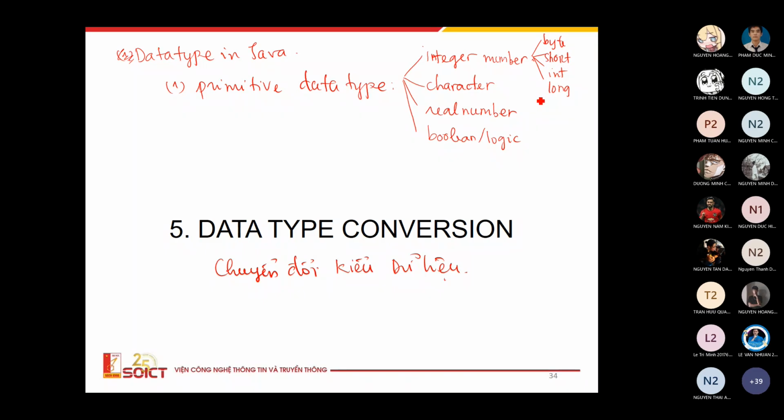And for the character, you will write it down as char, okay? For the real number, you have? Double and float. Yes, double and float. And for the logic, you have the Boolean, okay? I hope that is full, okay? It's all, okay? And you know that the different kinds of data, or different types of data, we